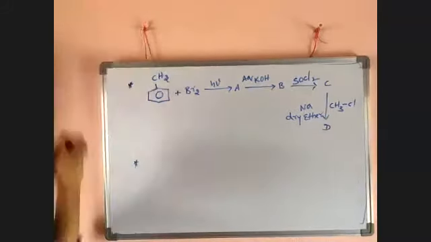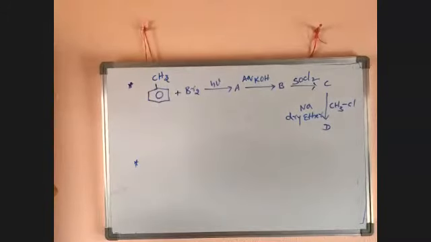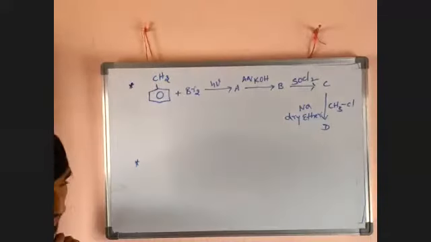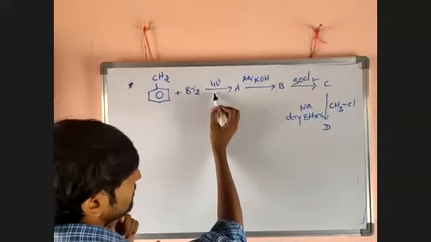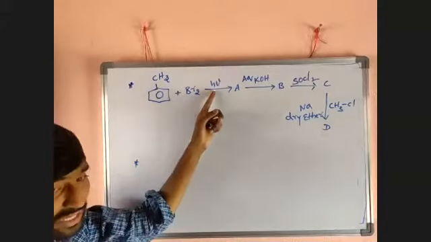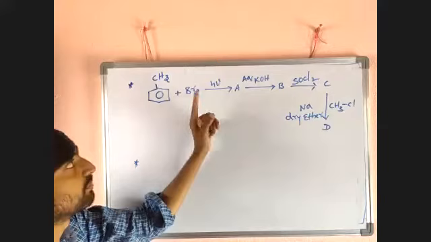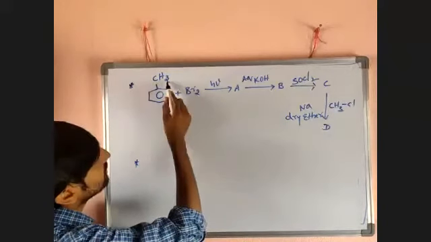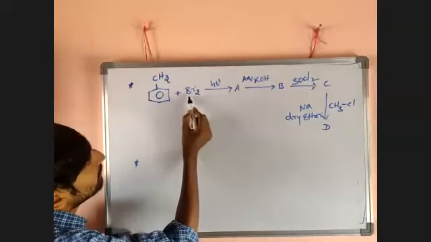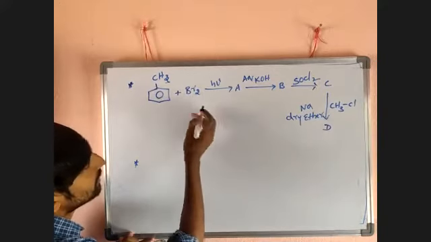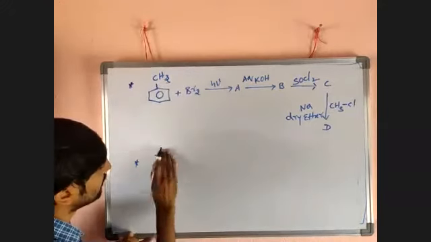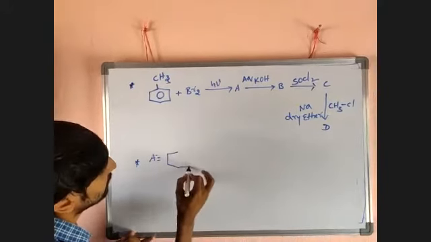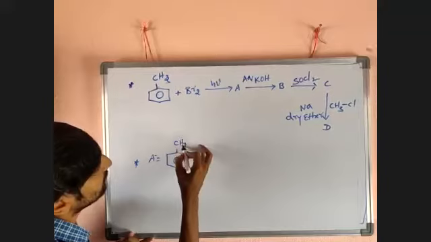So already I told you this entire ring is not involved in the reaction because it is an aromatic ring. So CH3 is involved in the reaction. This ring also is involved in the reaction if there is a Lewis acid in presence. Electrophilic substitution reaction happens if it is a Lewis acid, but it is not a Lewis acid, it is Br2 in sunlight. Then what's happened? The CH3 is involved in the reaction, one of the H gets taken by Br and eliminated in the form of HBr, and one of the Br gets there. What you will get? A equal to what you will get? There is a ring with CH2 that will get Br.